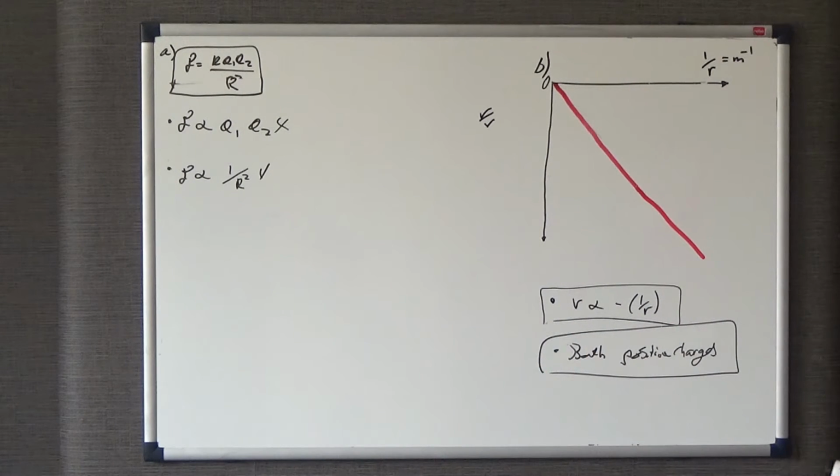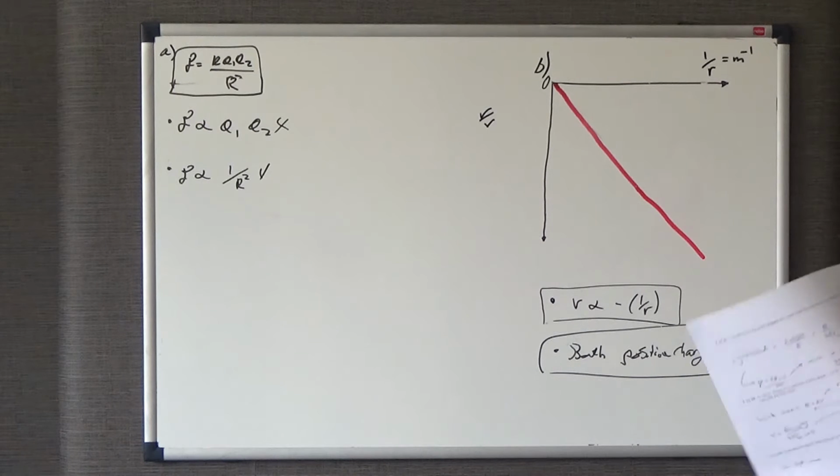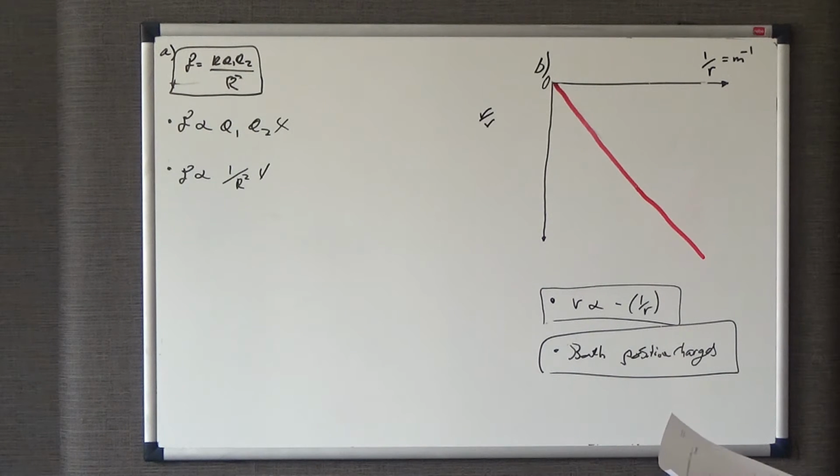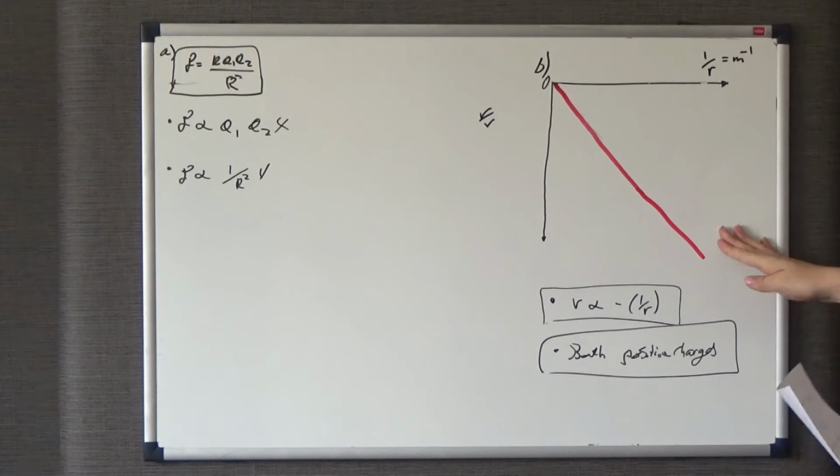Okay, so that's your answer for 2B. Right, okay, so 2C part 1 says use data on the graph in figure 3 to show the magnitude of Q is about 30 nanocoulombs. Now what you need to do is realise that the gradient of this is